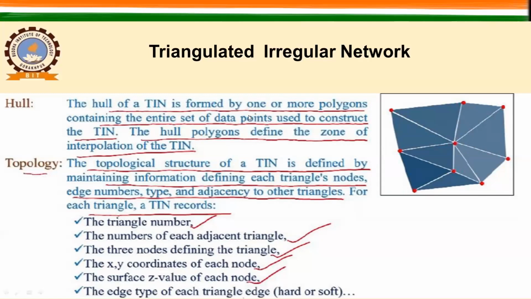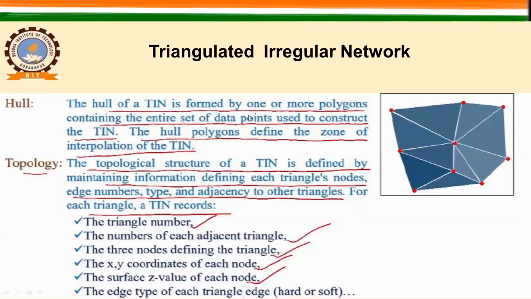It is possible to calculate a slope along the edge from one node to another. Here you can see the triangle. Each triangular facet describes the behavior of a portion of the TIN surface. The x, y, and z coordinate values of the three nodes of a triangle can be used to derive information about the facet, such as slope, aspect, surface area, and surface length. So these are the common terms which we frequently use while working with the TIN.